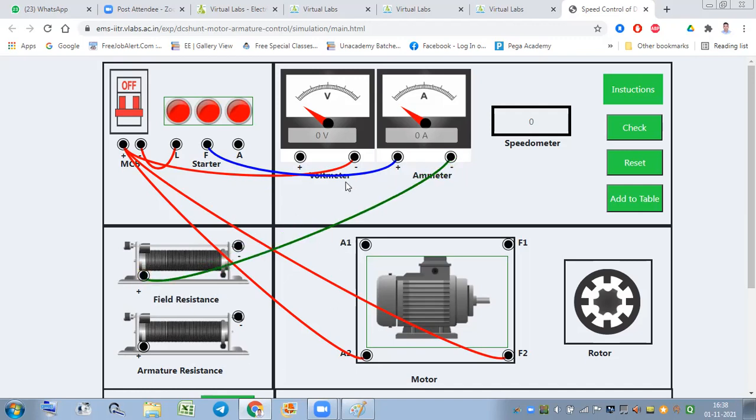It is clearly said. See, the field point of the starter. We should take the F point of the starter through the ammeter. Through the ammeter means the starter point should go to the input of the ammeter, and the output of the ammeter in series, because the ammeter is connected in series. We always connect the ammeter in series in the circuit, and the output of the ammeter goes to the field